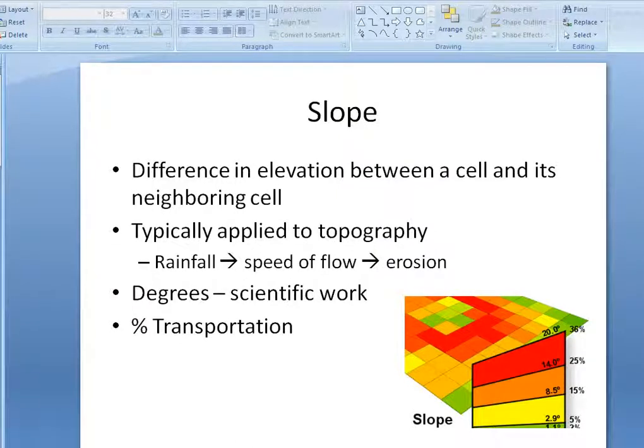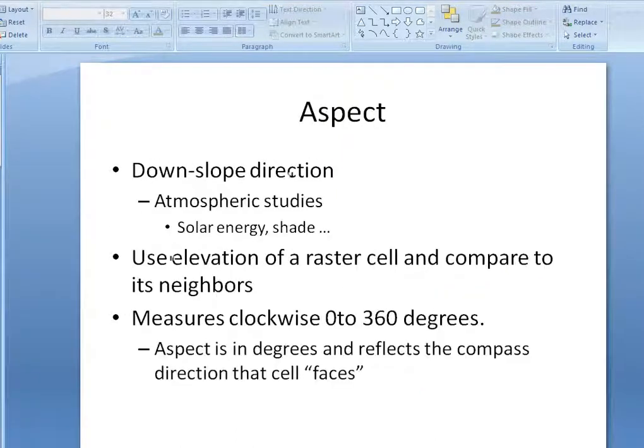And so you use that when you want to know speed of flow, how fast a river can flow, erosion rates. And so there is a slope classification that automatically spits out your slope. And you can change that. And if you lose it, you can use the remove the graphic option in your properties and find the slope values again. The aspect uses slope to figure out